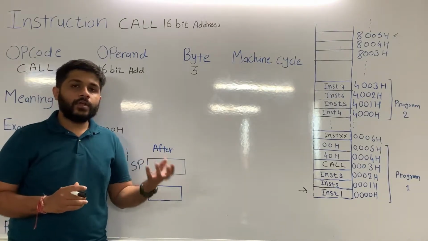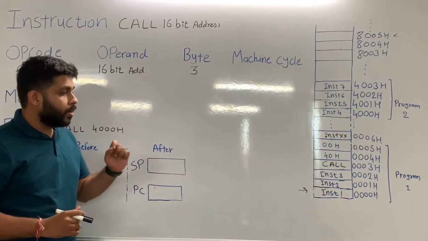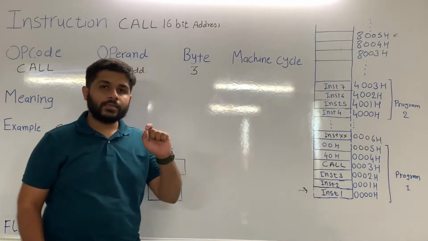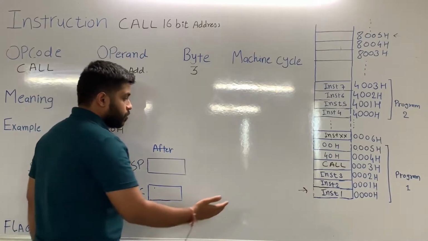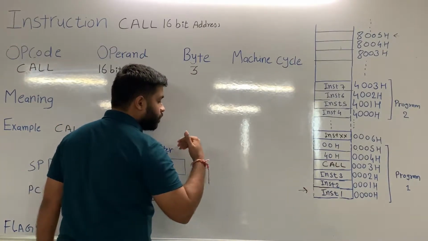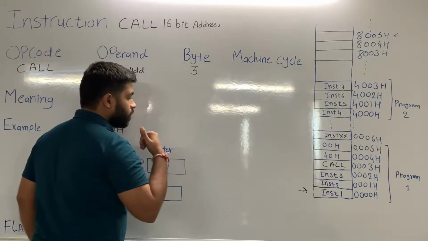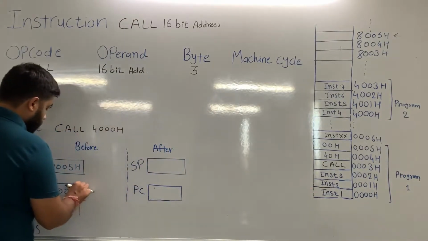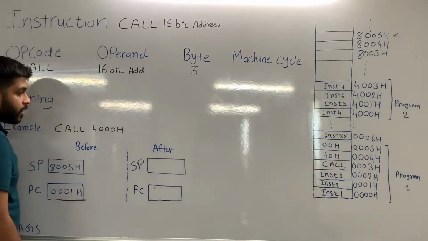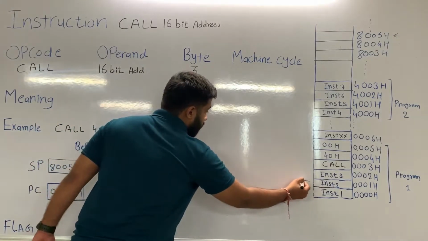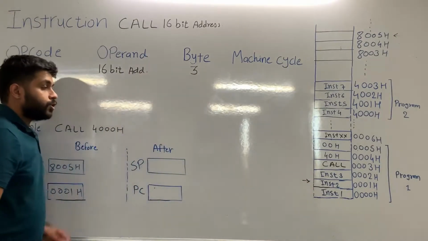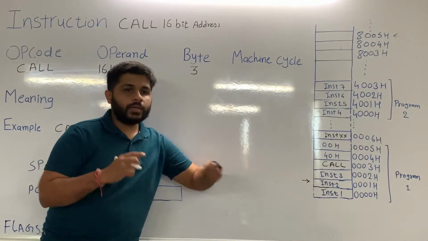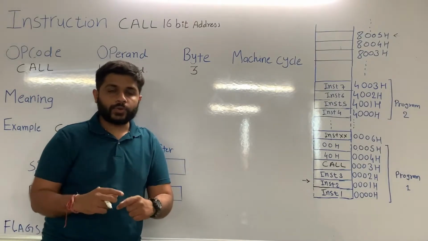Now the processor will fetch the instruction from where the program counter is pointing. The program counter is pointing at location 0, so the microprocessor will fetch instruction 1. After it fetches instruction 1, the value of the program counter will be incremented by 1. So now the value of the program counter will become 1, and it is pointing to the next memory location. The processor has fetched instruction 1, it will decode and execute.